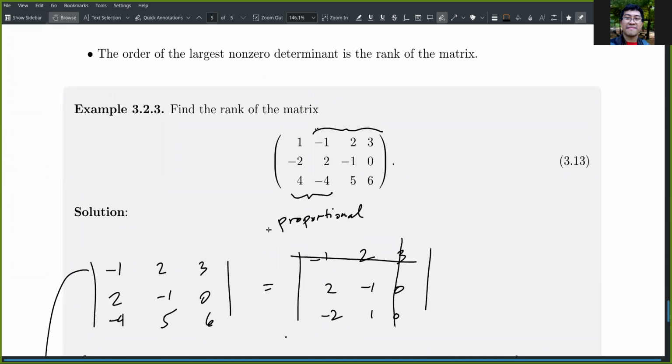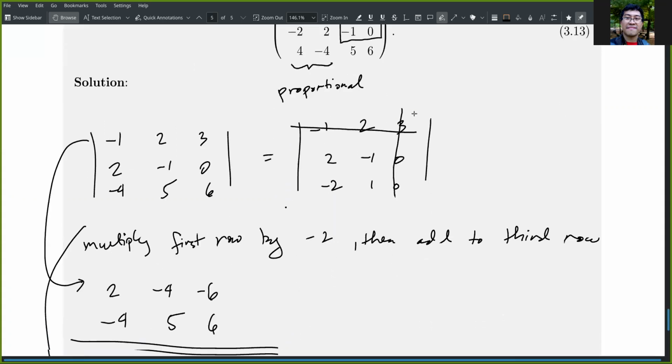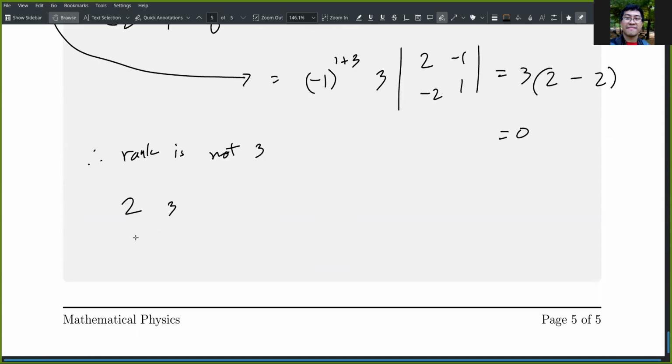Now it would be easy to show that it is 2, so we just pick a 2 by 2 matrix. There are some 2 by 2 matrices that would give you 0 determinant, but there are a lot of 2 by 2 matrices that would give you non-zero determinant. Let's say, for example, this. So 2, 3, -1, and 0. The determinant is simply 2 times 0 minus 3 times -1. That would be 3, which is not equal to 0. Therefore, the rank is